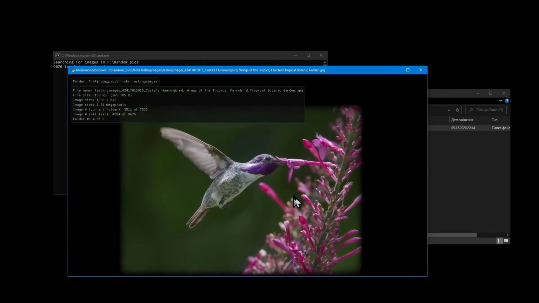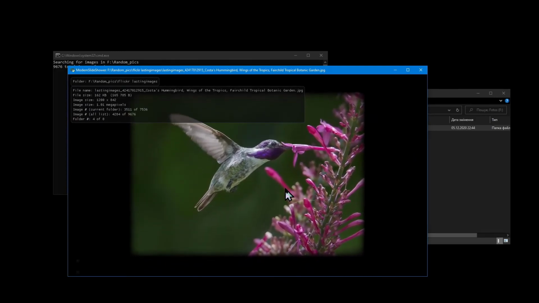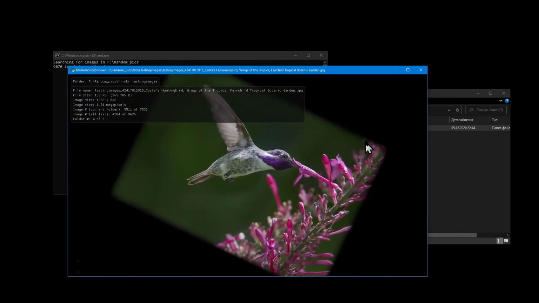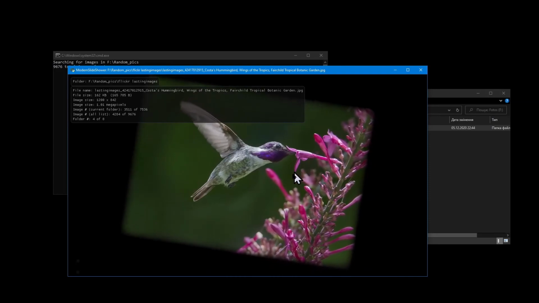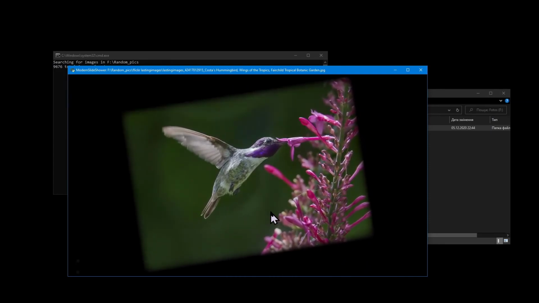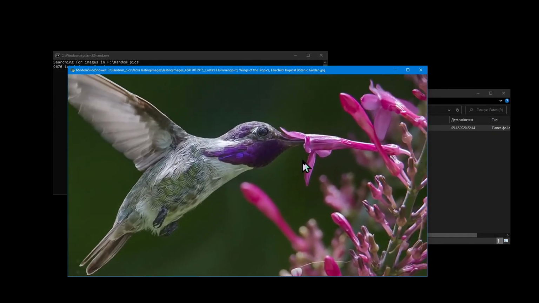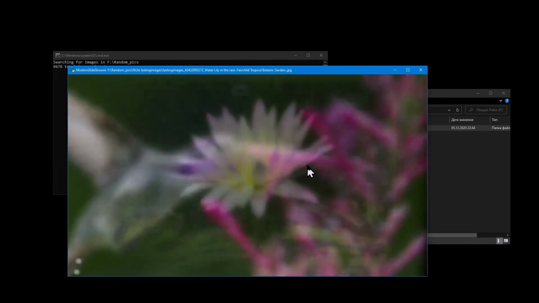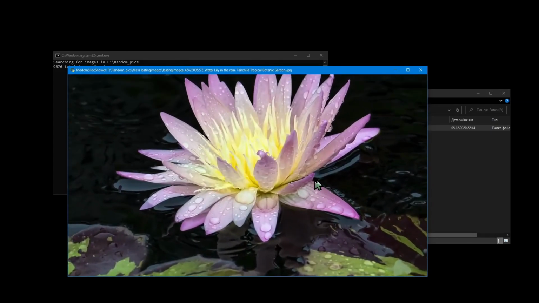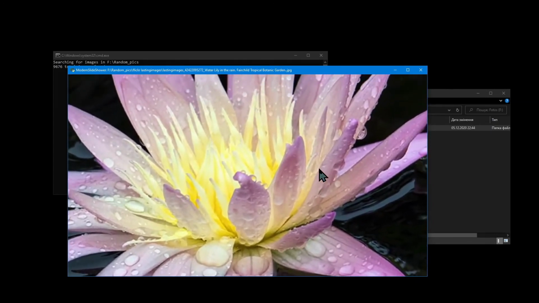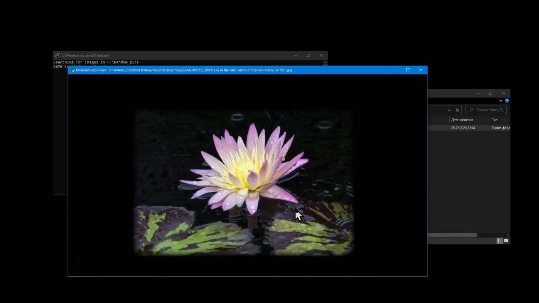You can even rotate the image visually. To do this, keep both right and left mouse buttons pressed and drag your mouse. In this video, you see the mouse cursor just for demonstration purposes. When using the program in full screen mode, the mouse cursor is never shown, so it won't distract you from viewing your images.